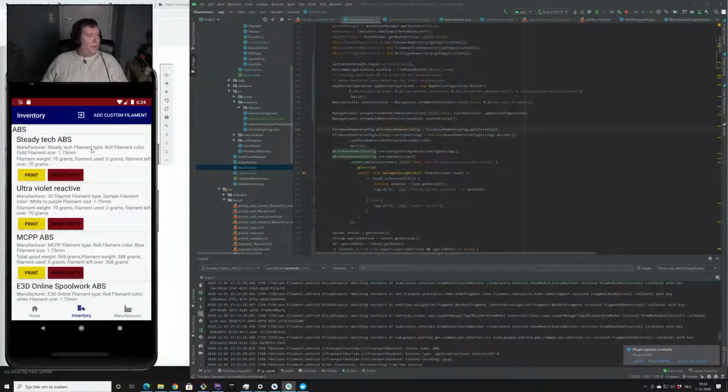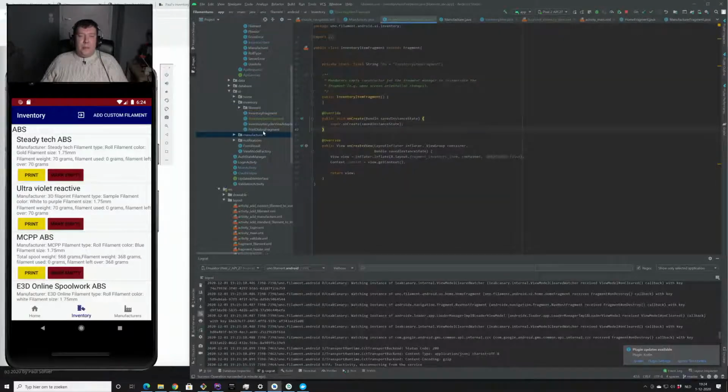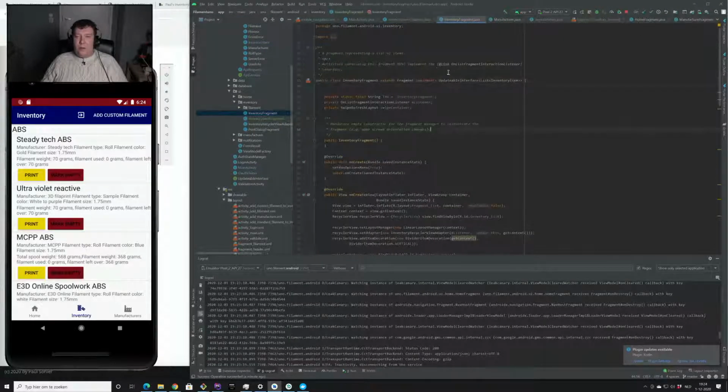Basically, what we want to do is, at the moment we touch this, we open that new page. So the inventory fragment should have something like,